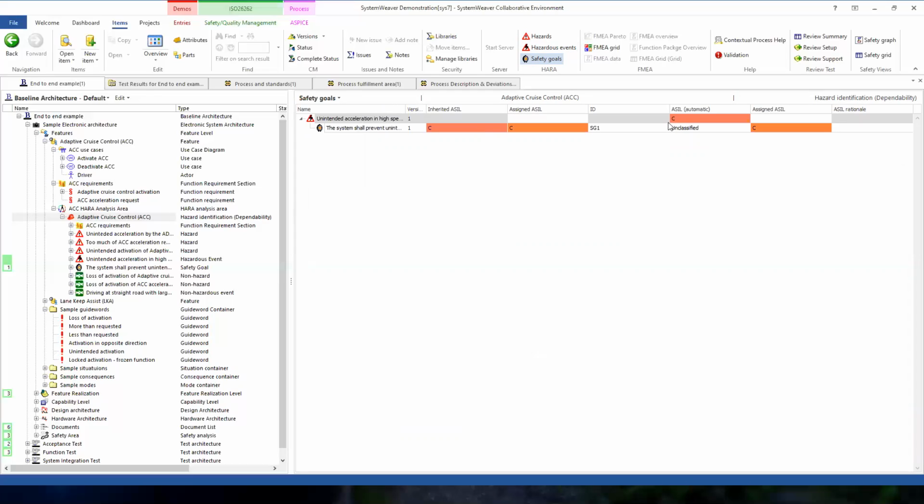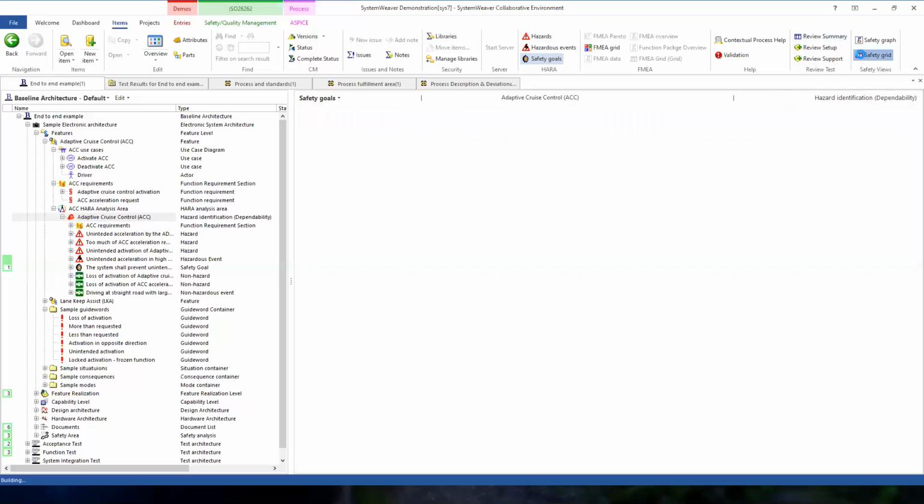Here we have a hazardous event that is classified as ASIL C, and then you can work here and create a safety goal to address that. You can actually do all of these things also in the tree view here, but I'm showing you some of the views as well. And once you have done these, you can also work in a more